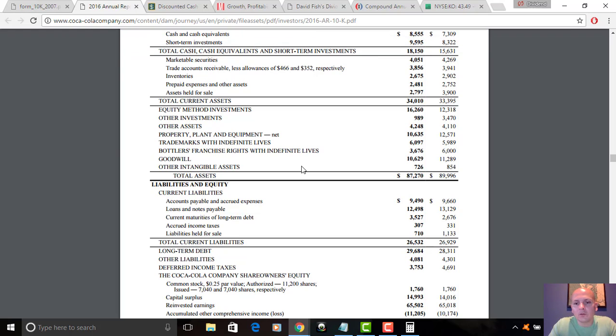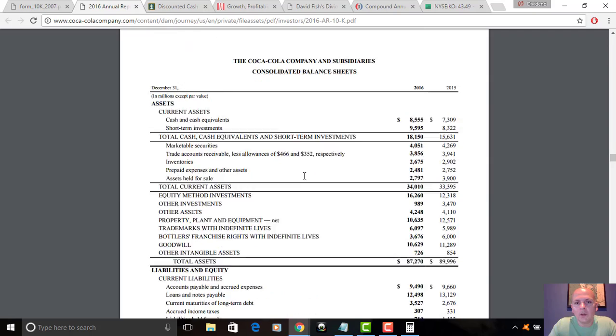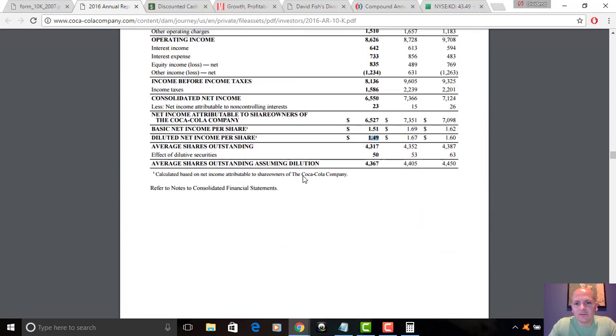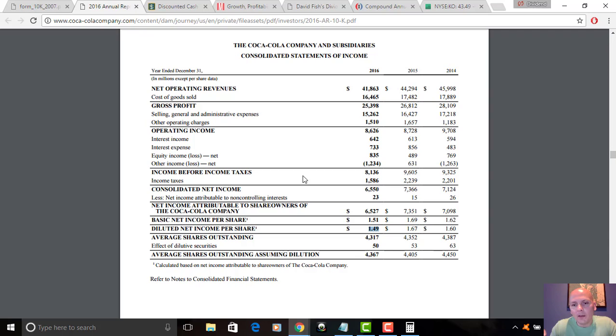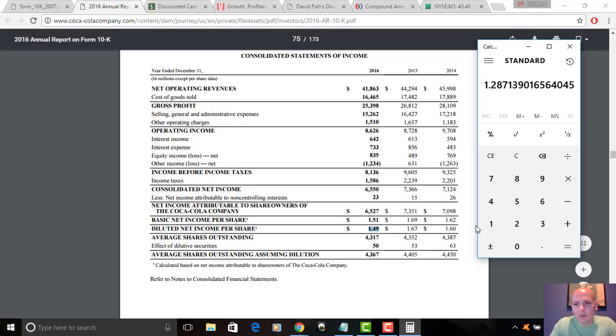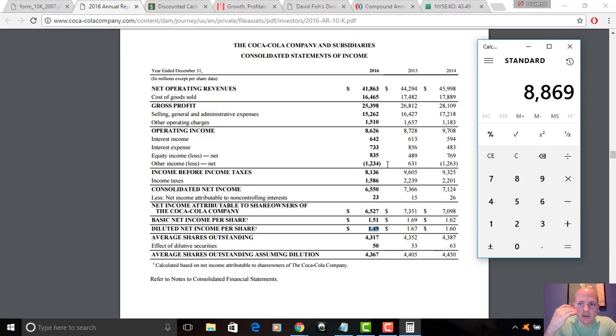If you'll notice in the articles, I also take a look at what's called the interest coverage ratio. And what that is, basically, is EBIT divided by interest expense. So you're trying to figure out how easily a company can cover its interest expense. It's very easy to come up with that number. You basically look at earnings before interest and taxes. So you've got income before taxes and interest expense right here. You just factor that 733 million out to get EBIT. So you've got 8,136, you factor out the 733 million, and you get EBIT of almost 8.9 billion, right? 8,869. And then you divide that by the interest expense, which is 733 million. So you get an interest coverage ratio of just over 12, approximately 12.